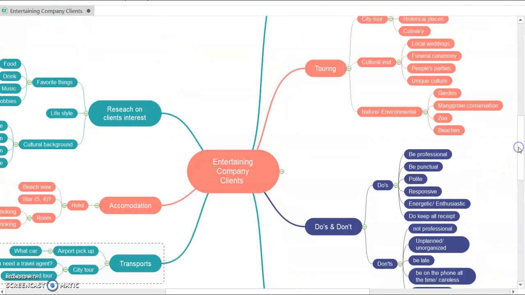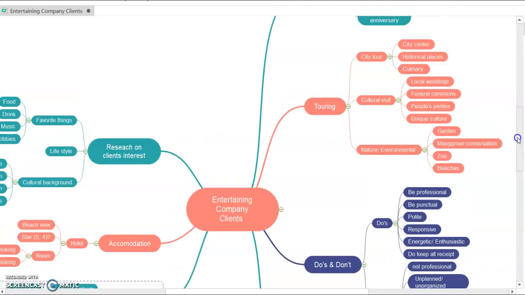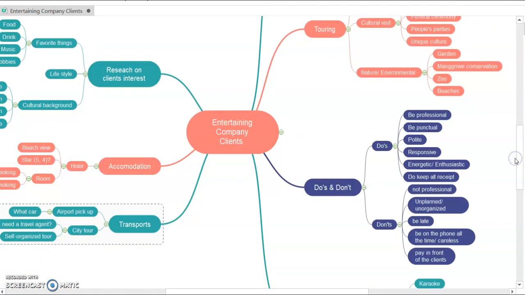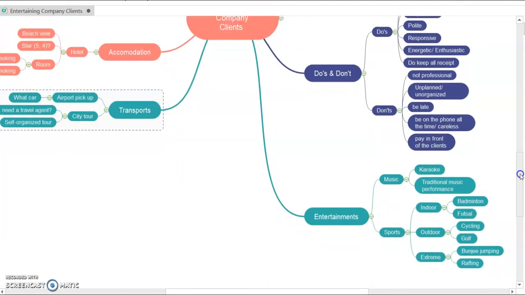Kemudian bisa menggunakan software seperti ini, seperti Edraw MindMaster, atau mau Anda coret di atas kertas, terserah, no problem. Jadi jangan terbebani dengan teknologi seperti ini. Misalnya Anda belum paham menggunakan mind mapping seperti ini, Anda boleh membuatnya di atas kertas. Kemudian Anda foto, kemudian nanti Anda setorkan.